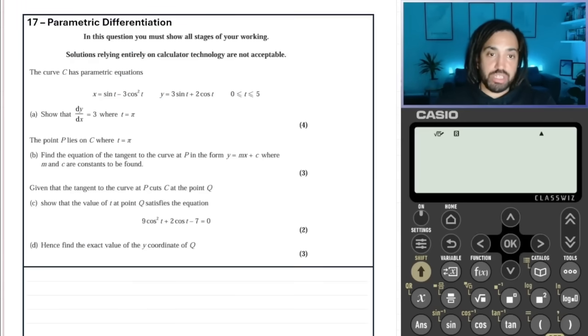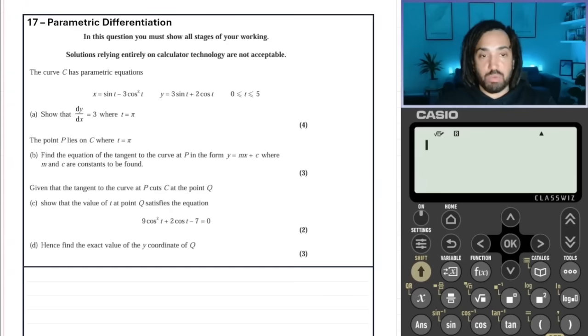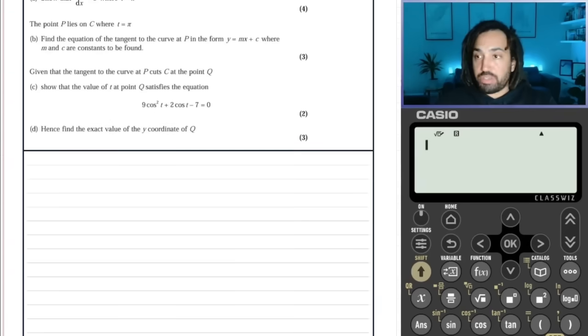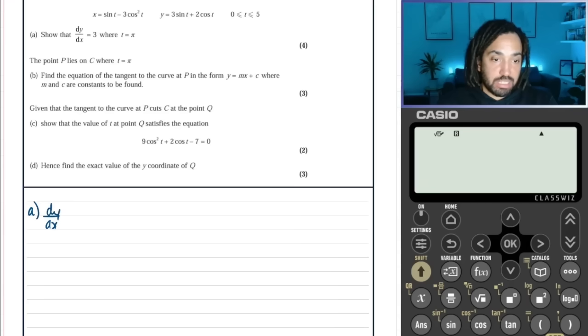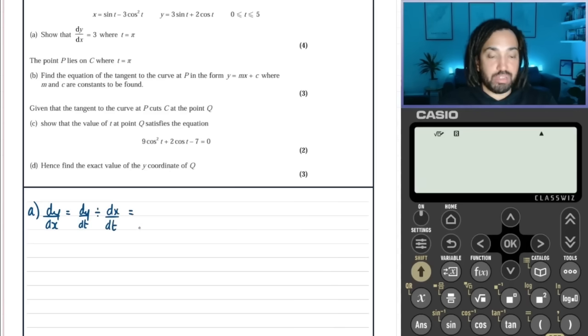Okay, we've got parametric equations, and we've been asked to work out dy by dx. So we can do that by differentiating each of the parametric equations with respect to t, and then doing dy by dt over dx by dt. So dy by dx is equal to dy by dt divided by dx by dt. So dy by dt, well, the derivative of sine is cos, so it's going to be 3 cos t, and the derivative of cos is minus sine, so that'd be minus 2 sine t,